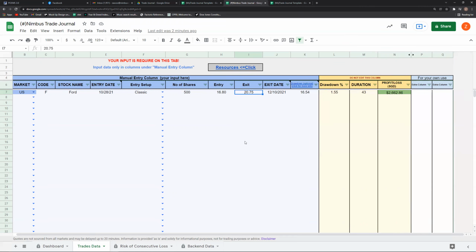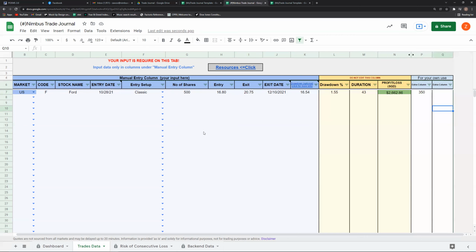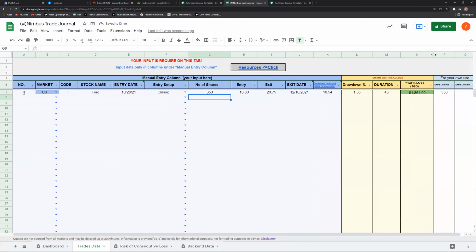Or in fact, when you initially enter your first position, you can use the extra column here to help you track your trails, meaning you can put, in this case, 70% will be 350 shares. So now that I am going to exit 350 shares, I'm going to be left with 150. So since I exit 350 shares, in this number of shares I'm going to input 350. And what I will do is I will just copy this entire line,